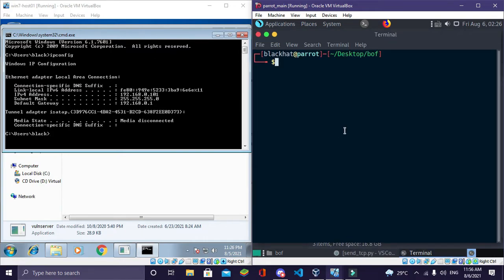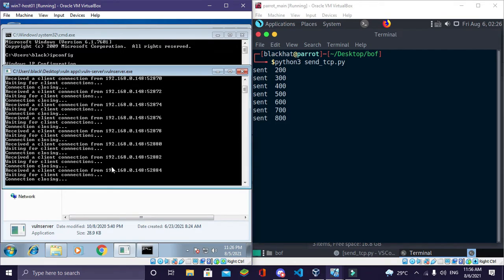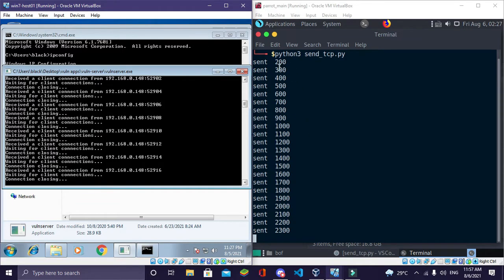Open the terminal here, type python3 and the script name, and press enter. Now it is sending data. Let's open this, and you can see it is taking connections from our attack box. Let's wait a bit and see what will happen.